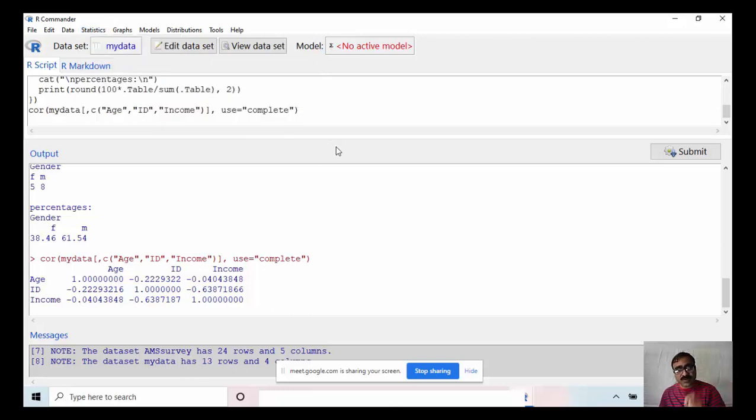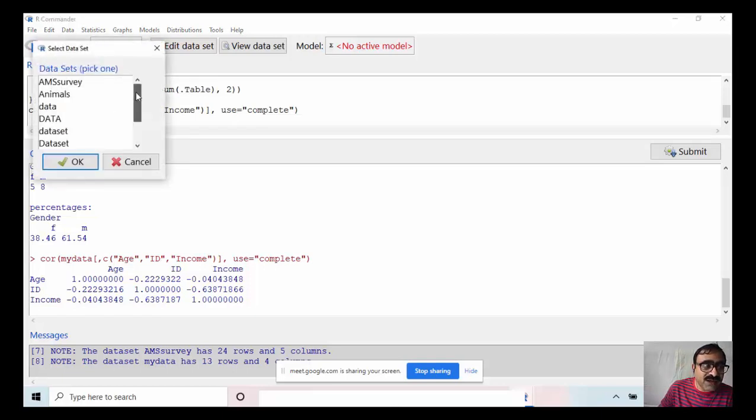So to go for a data analysis, now I am going to use a package that is already there in R. I am going to that package here. So there is a data set here. Let us go here. Animals.